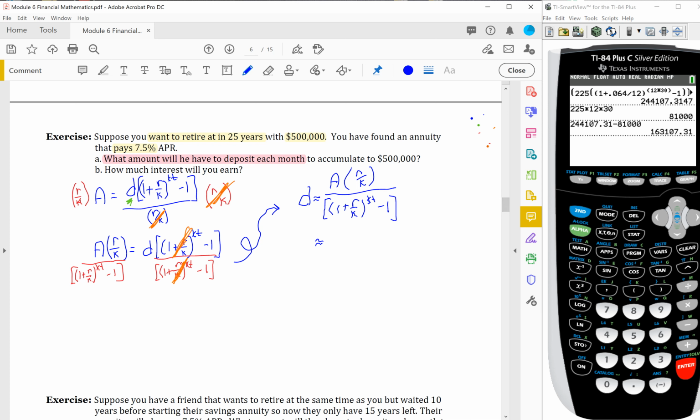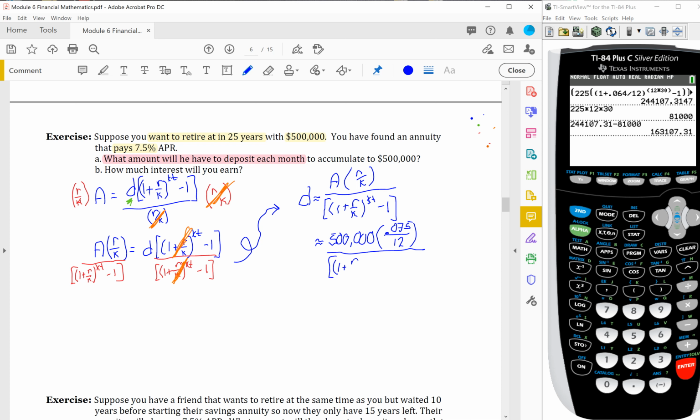Okay, now let's plug in all the values we have for our variables. The A, that's the $500,000 that we want to have. Times the R divided by K. Again, your R has to be an interest rate as a decimal. So 0.075 divided by 12. All divided by